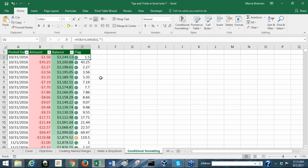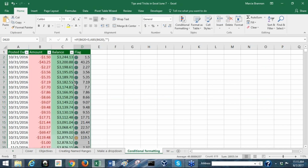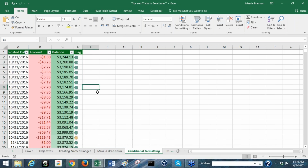Well, so I can do kind of exactly what I did before in our previous example. Isn't that all the way down? Well, it doesn't matter. I'll just show you this real quick. So what I did before on the previous example is I made these sort of just ghost values. So I can click on this white for my font, change those to white values, and then I can kind of close this down. So now I have this